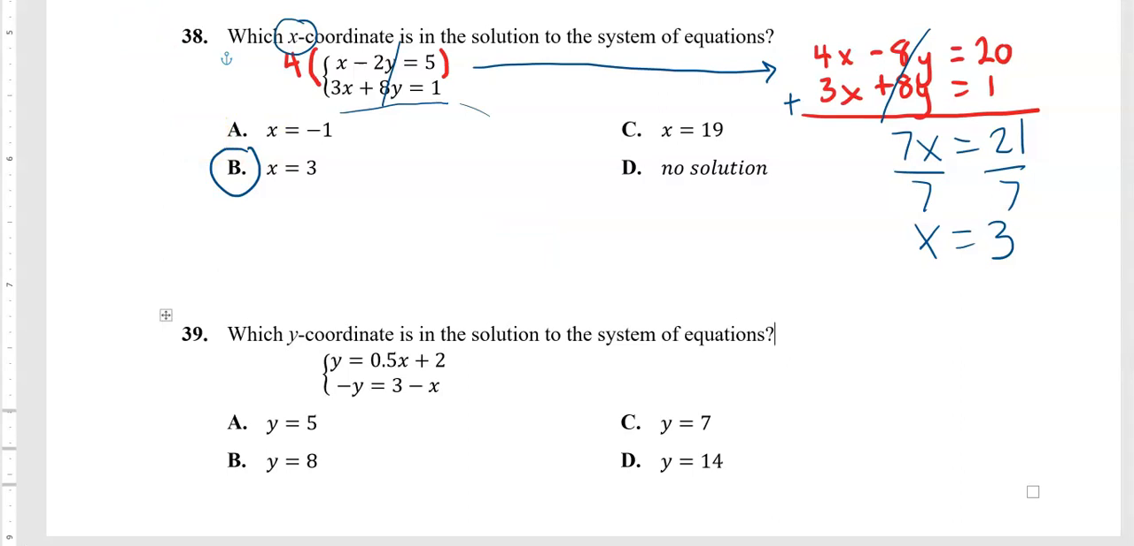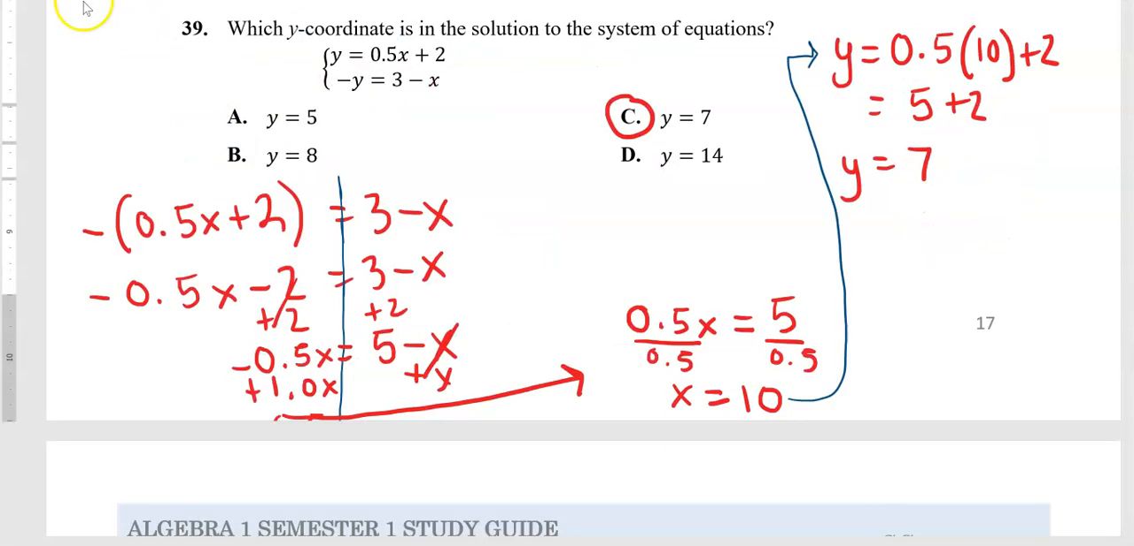B. Okay, we're just going to do this last one here because I'm running out of time. So take